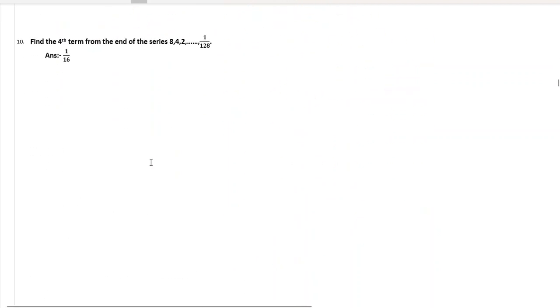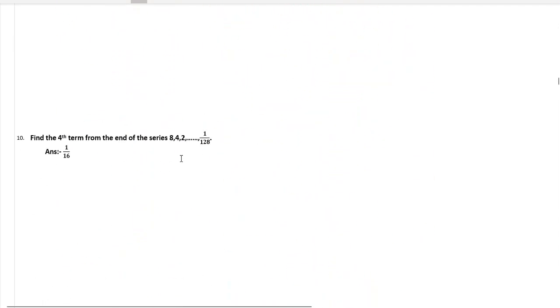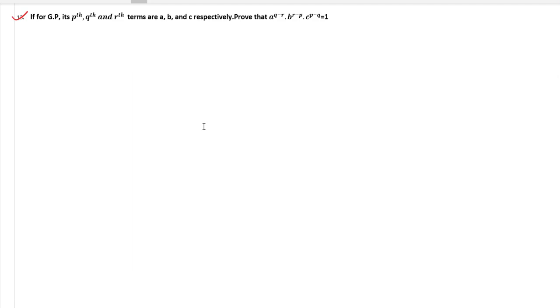Let's go to part C. We are starting with part C. Just a moment, I don't see, is there one question which is missing? Just a moment, let me clarify. Okay, so a few questions which are there in this particular folder are not there in your textbook. So I have just segregated the questions which are there in your syllabus. So this is the next question, part C. This is the first question of part C.